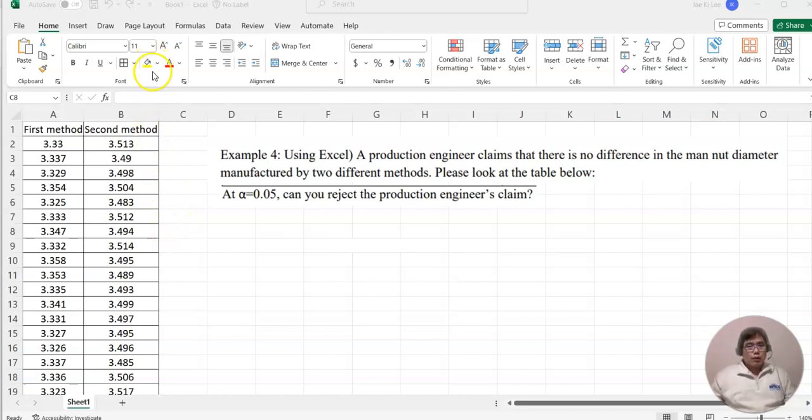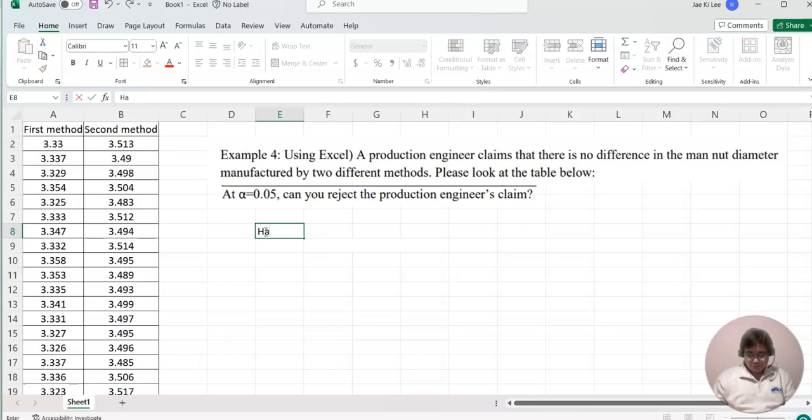So what I want to do first is set up the hypotheses. It shows that there's no difference, right? No difference means equal, not unequal. There's no inequality involved here, so the claim is located on HA. So I can say HA: mu1 equals